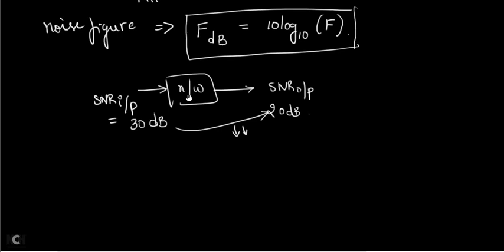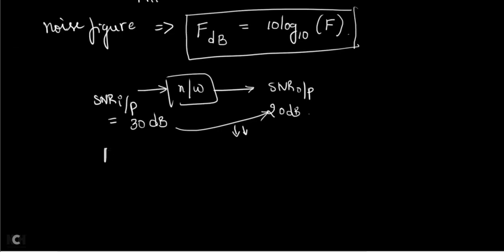Noise factor comes always with respect to an amplifier or with respect to a network only. So define the noise factor of an amplifier. What does it mean? If anybody asks, then you should tell: noise factor of an amplifier is a measure of how much a network or an amplifier reduces the SNR from the input to output side, or how much the noise has been increased from the input to output side of an amplifier. So the noise factor means that.